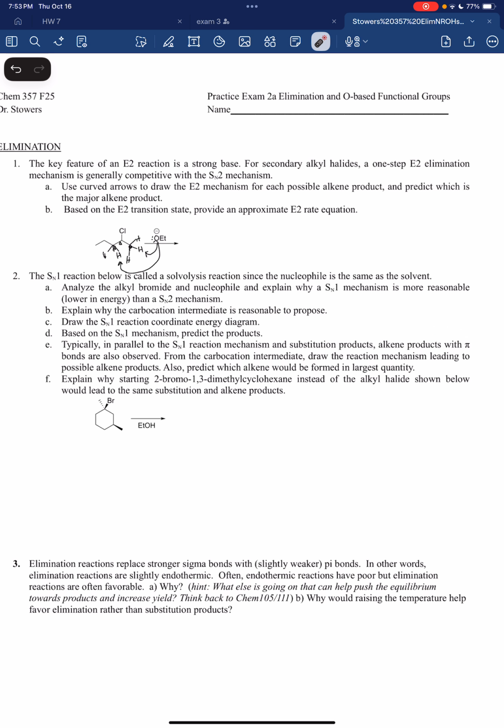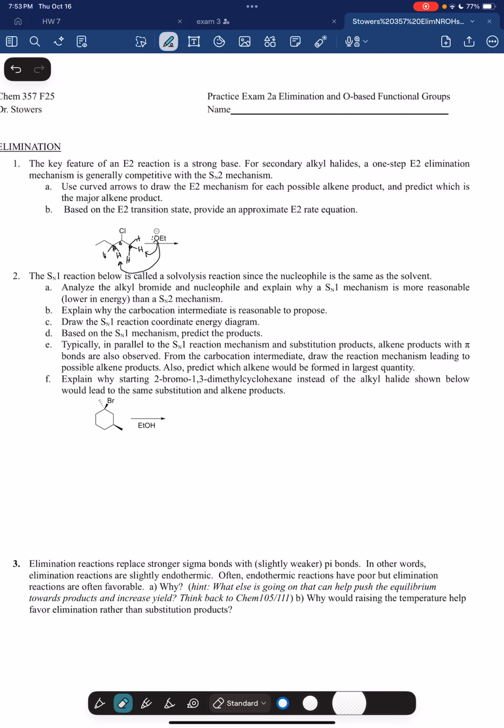Because during every SN1 reaction, you'll also have E1 side reactions, and it's really not that specific. You can control it a little bit with temperature, but yeah, every SN1 reaction will yield some side products. So from the carbocation that forms,